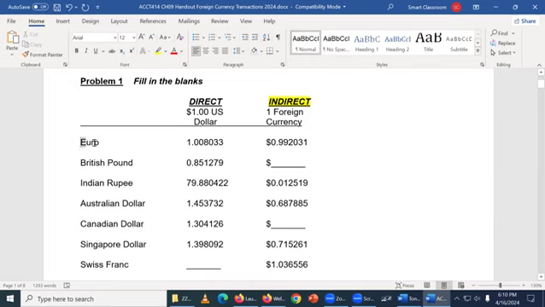So for instance, I'm not sure when this was taken, but probably a couple years ago, a euro was worth about 99 cents US dollars. British pound, you go, okay, well, how do we do this? Well, you take the reciprocal of whatever the direct one is. So 0.85 of a British pound translated into a US dollar. So if you take 1 divided by this,